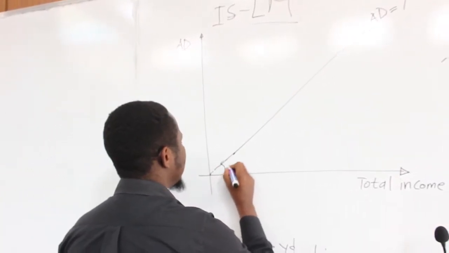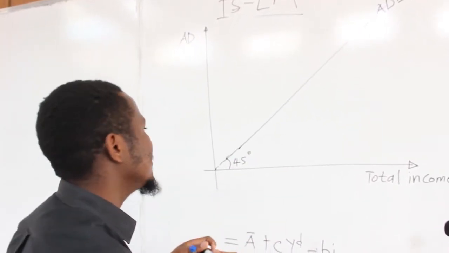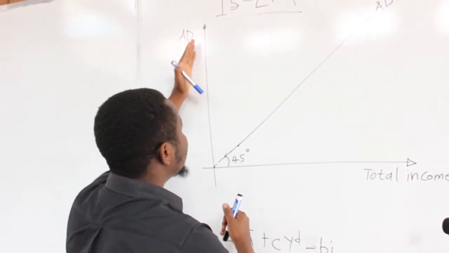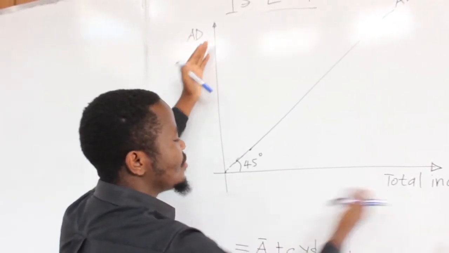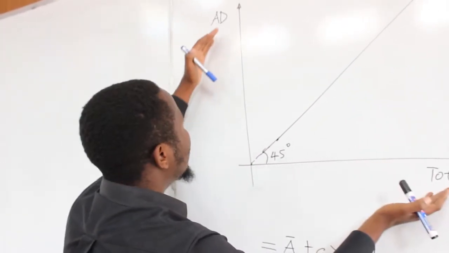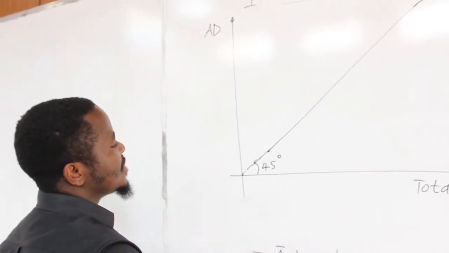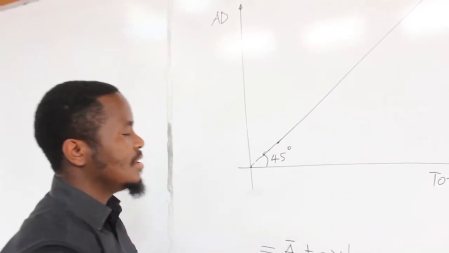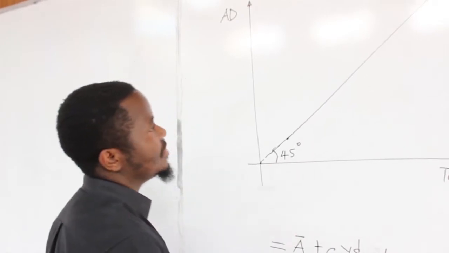So this line is pitched at 45 degrees to mean that it cuts in between the AD output, or the AD value, and the total income value. So this line is just passing through the middle of the two values, the aggregate demand and the total income, so that any point along this line is a potential point